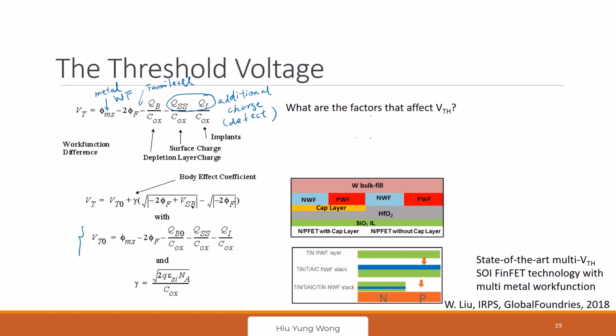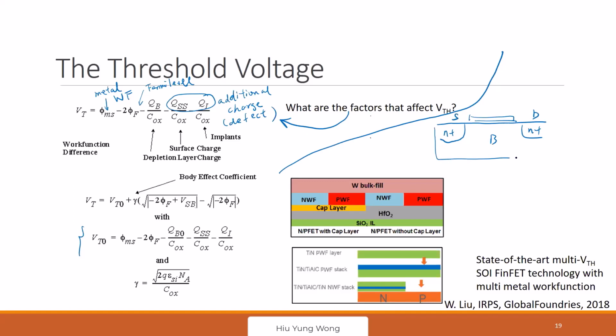Okay, so how do we do this? Basically, it is like this. It's talking about something like this, like this one you refer to here. I don't want you to get confused. Let's say you have a source, this is drain, and this is body, right? Let's draw the whole thing, that would be easier. I can apply source at 0 volt, but I can also apply body at -1 volt,